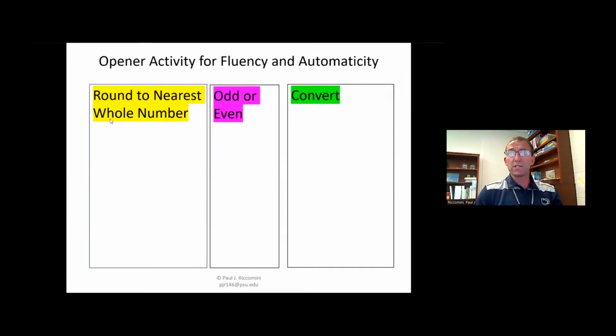And if you're over that, I want you to do the green box. So yellow is K, 1, 2, pink is 3, 4, 5, and green is everybody else.